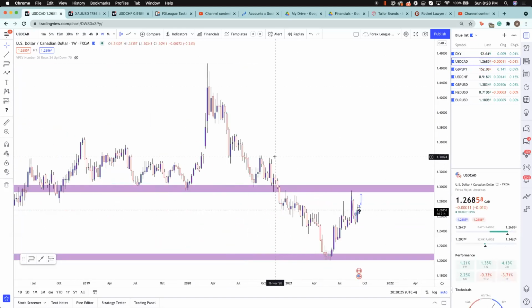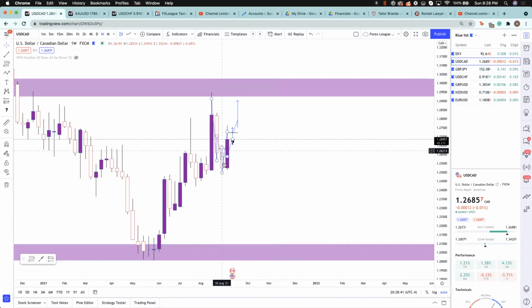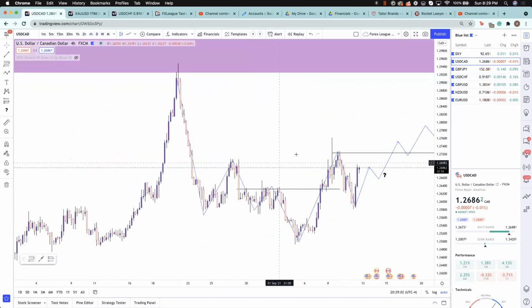So looking at UCAD on the weekly time frame, look at the last couple weeks. It's kind of just been in a downtrend, but now we're starting to do these breaks and retests over and over again. And last week, pretty much, we had the break, now we had the retest, and last week closed with this inverted hammer candle engulfing the previous candle. So this is telling us that structure is going to most likely continue to push to the upside. I would be surprised if it just died out and fell over right now, considering how this is forming. And then coming down to the 4-hour time frame.